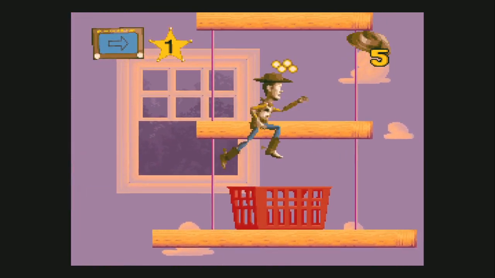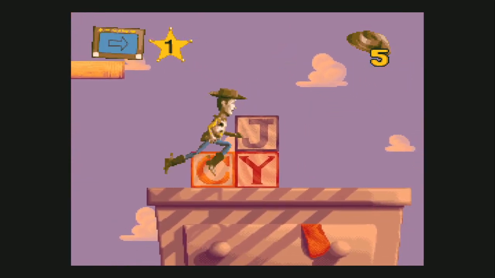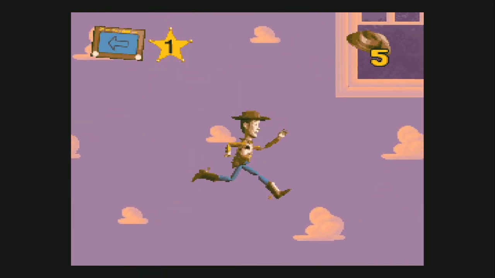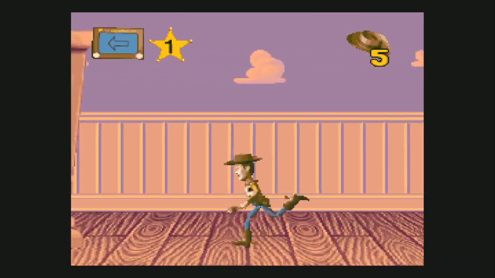Get that star. Okay. 1 more. Come on. Can we do this on 1 hit point? That would be dynamite if we could do that. Oh, I think we did. All right. We're at the end. We just got to go back, find...